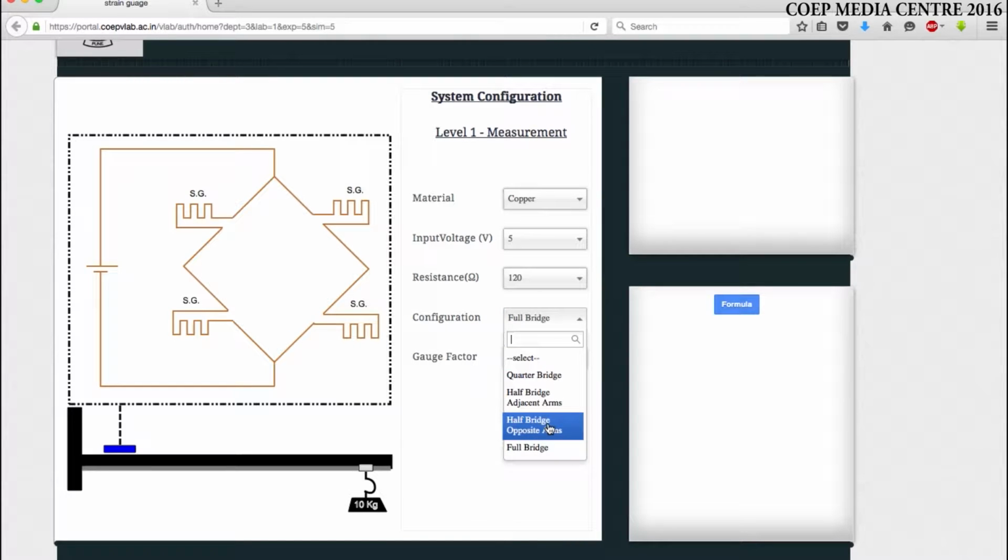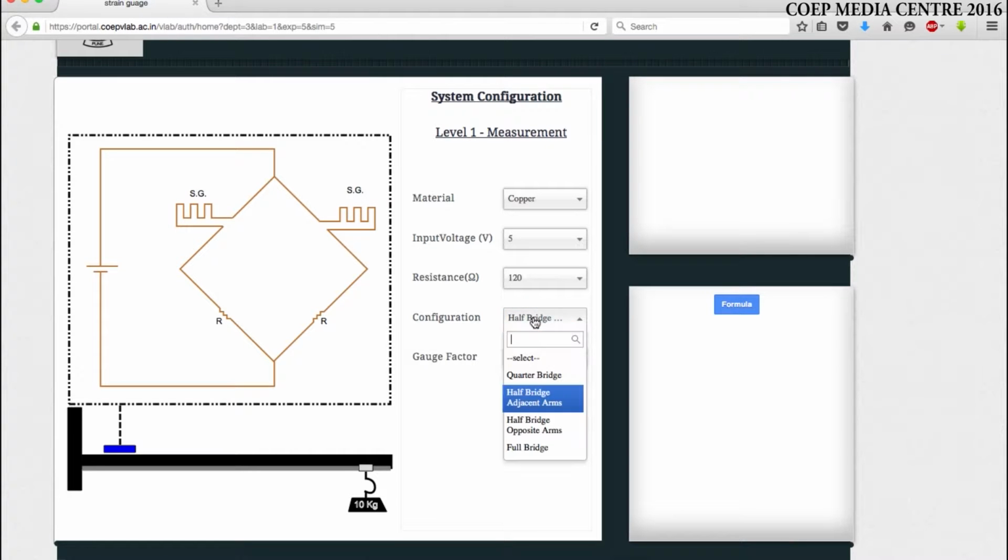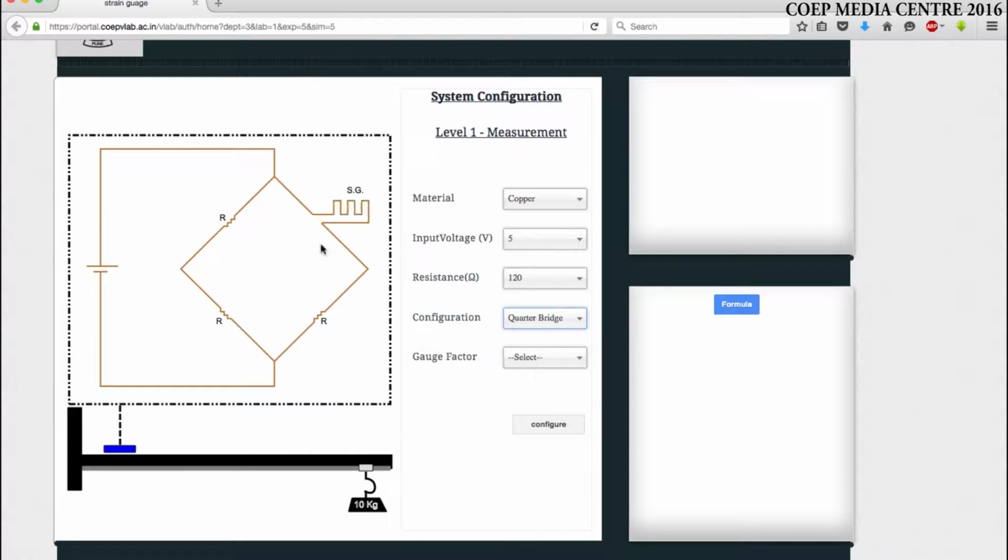Instead of that, if I select half bridge opposite, you will find strain gauges are kept in opposite arms and the fixed resistors are kept in the opposite arms. If you go for half bridge in adjacent arms, the configuration would be like this. And if you go for quarter bridge, only one strain gauge would be available and connected